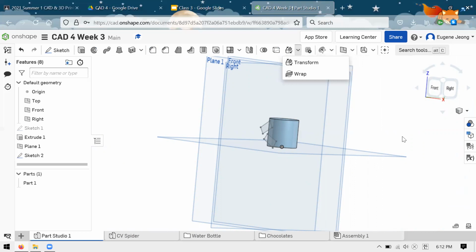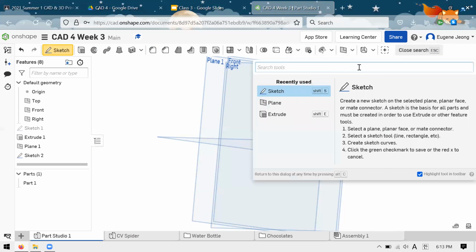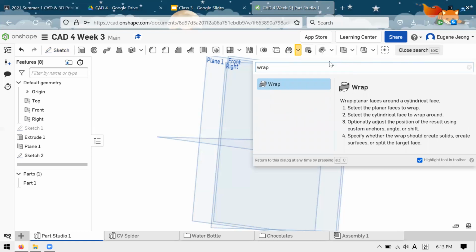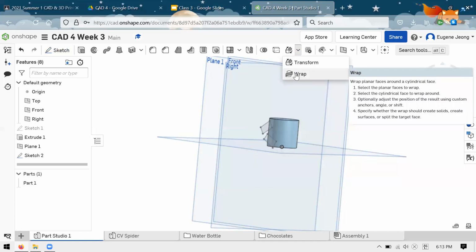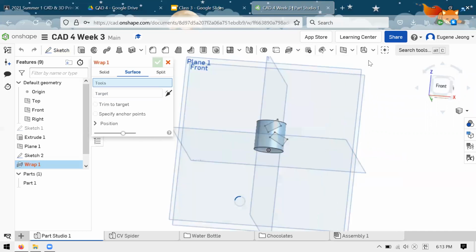If you ever can't find something like that, you can do what I just did and click every button, or you can also use the search function. It's wrap. I usually search for it, but I figured you should know where it really lives, which is under this menu. So you have wrap. And so what you're going to do is take your wrap,